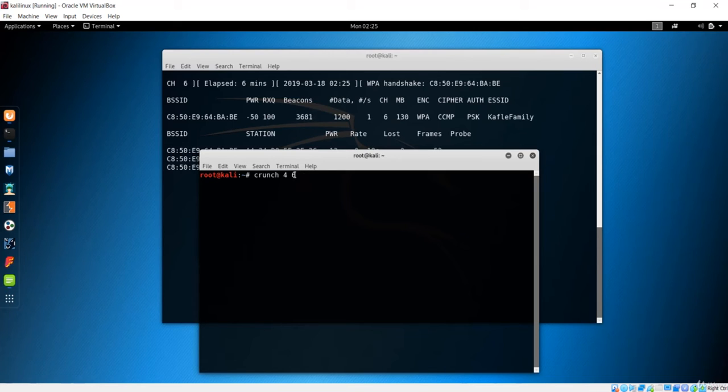You can also, instead of making use of the crunch application, download the word list from online. You can go to some browser and search for crunch word list. It will give you a bunch of word lists with a variety of sizes. It can be from 1 GB to 10 GB. So you can download that and work against this handshake. Here I'm just giving you a sample of how to use crunch to create the word list. So you use crunch, and 4 is the minimum, 6 is the maximum.